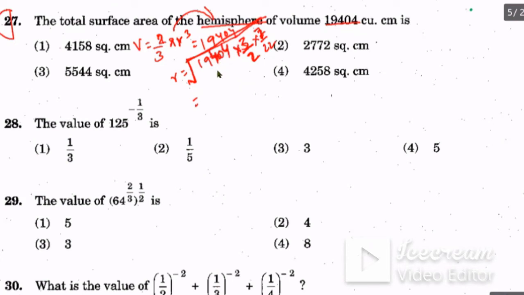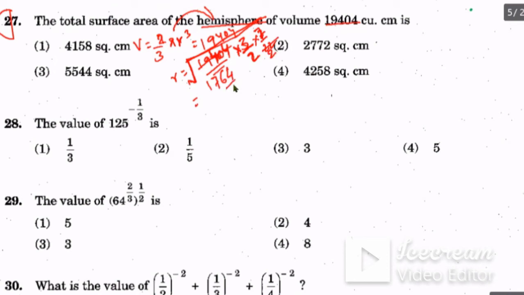If you don't know anything, you can just check that this number is divisible by 11. 4 plus 1 is 5, 9 plus 4 plus 1 is 14... 9 plus 4 plus 1, 5, 5 plus 4, 9, 9 minus 9 is 0. So you can easily say that this is divisible by 11, so you can cut it by 11. 11 1s are 11, 8 is remaining, 84, 11 7s are 77. Then again remaining 4 plus 3, 7, then it is 70, 11 6s are 66. Then you will get 4 as a remainder. So 4 and 4, 44, 11 4s are 44. So this you will cut, 11 to the 22.